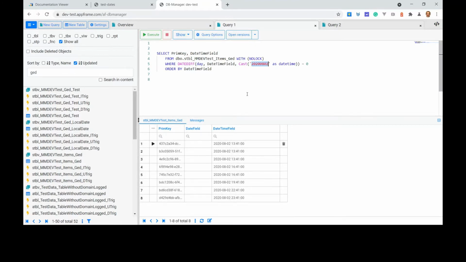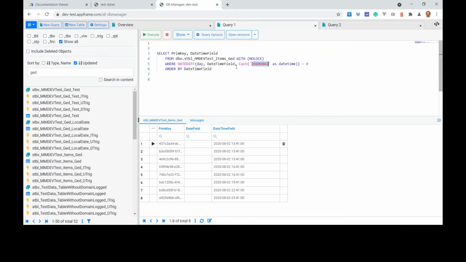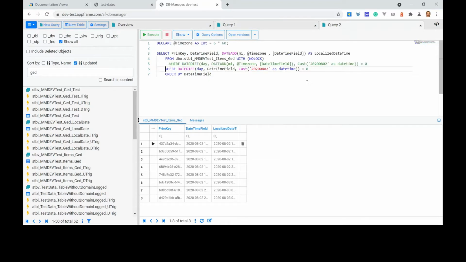But the problem comes here because of this date. This date is user date, so it's user localized date, user time zone date. So if we go to this app, if we see same filter here, we see that we specify specific date, and we are interested only in those specific date records. So to make things more interesting, I will go in my another query. We'll run this, and we can see that